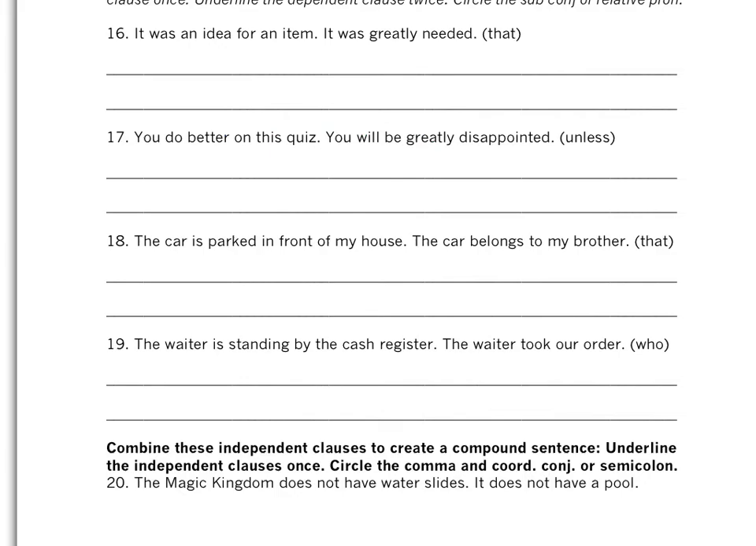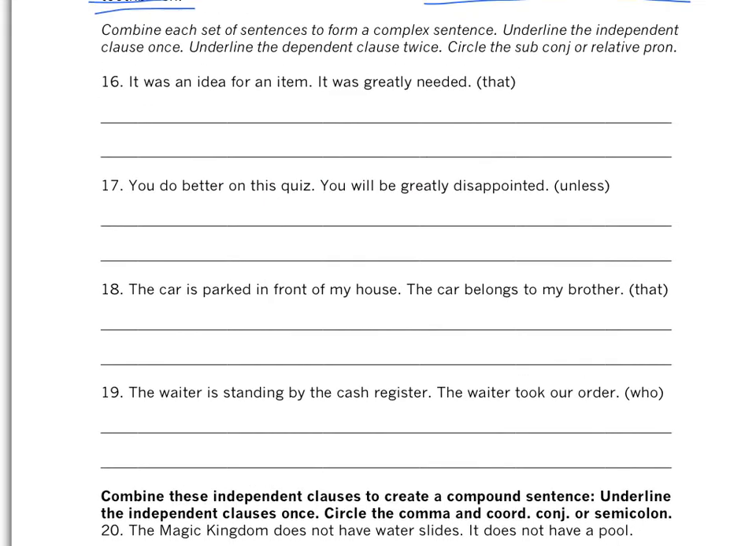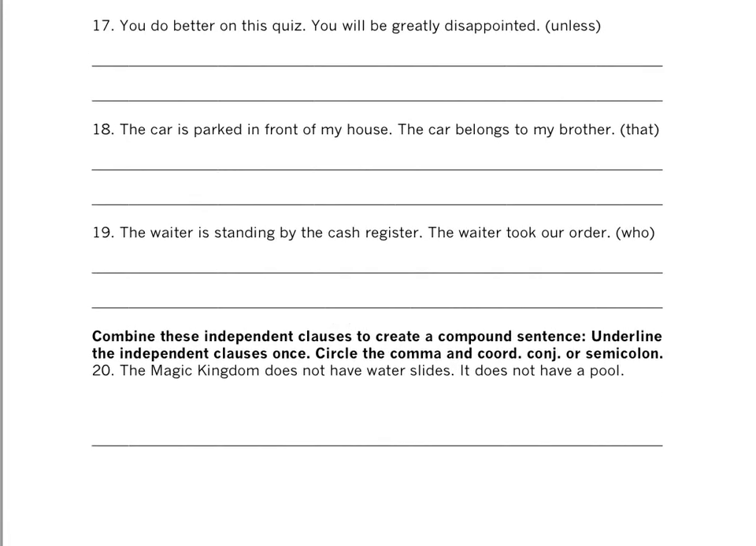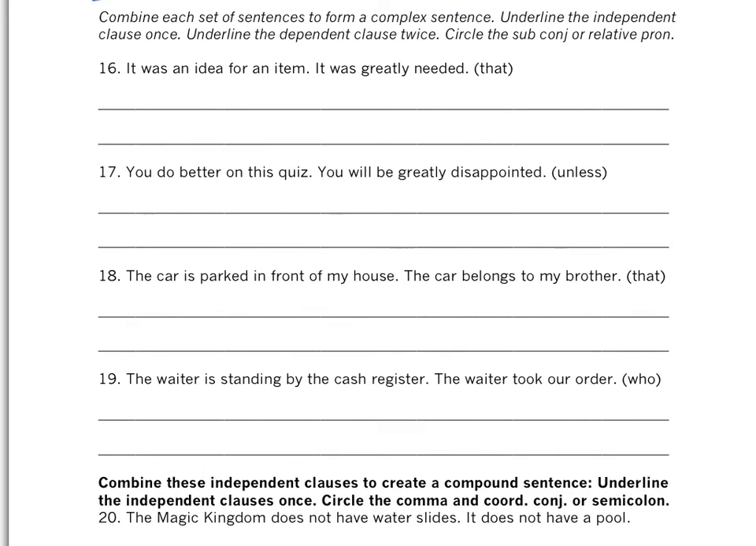Finally, down below, you're going to combine independent clauses. These are all independent clauses in 16 through 20. And you're going to combine them using the relative pronoun, like that, or the subordinating conjunction, like unless, to create complex sentences. So for number 16,